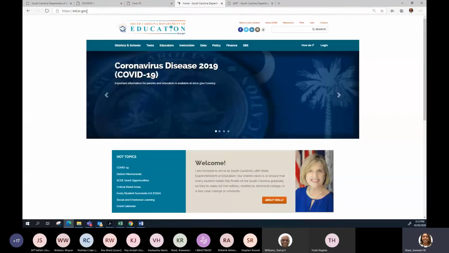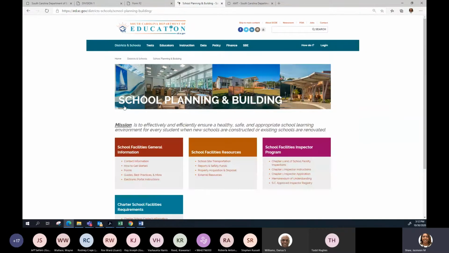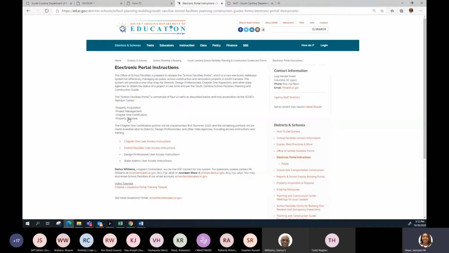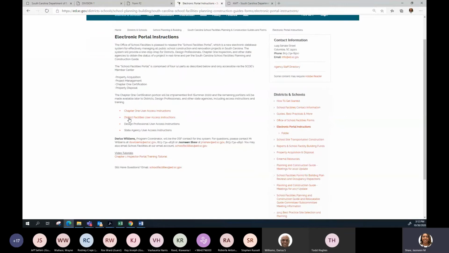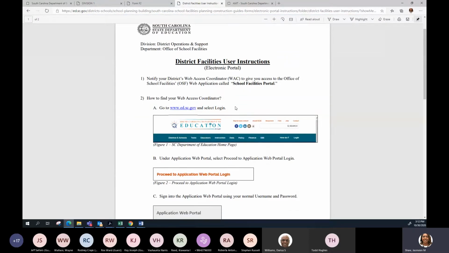You would go to ed.sc.gov, districts and schools, and down to school planning and building. And on our homepage for school facilities, you will select electronic portal instructions. And so for you as the district, you would then select district facility user access instructions, and it will take you here as to how to get access to our application.